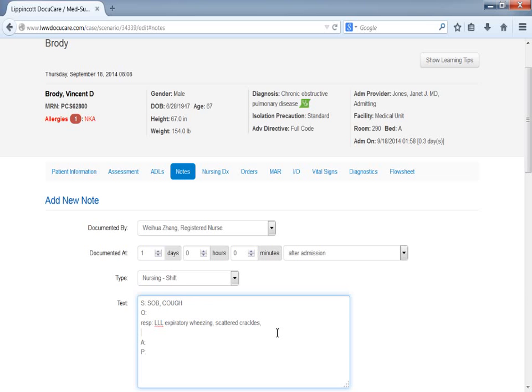And then you can put GI, GU, whatever, but those are all negative at this time. For assessment, you will put COPD with acute exacerbation, and you can put cough,